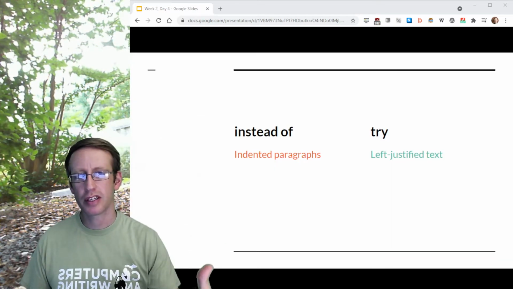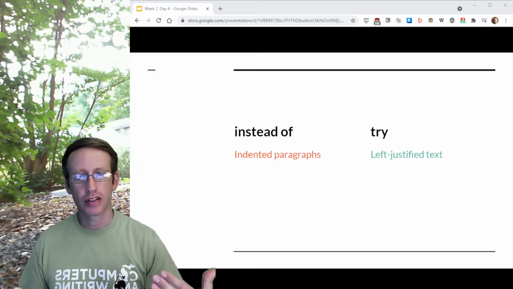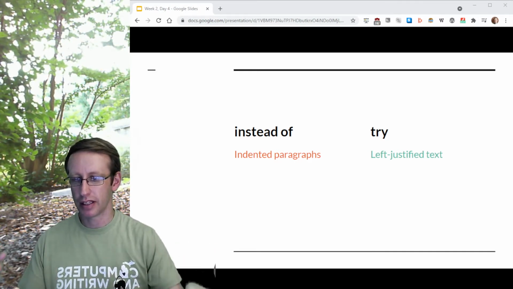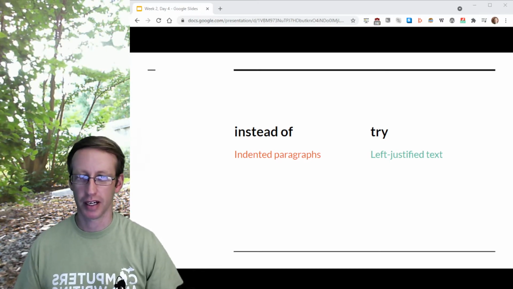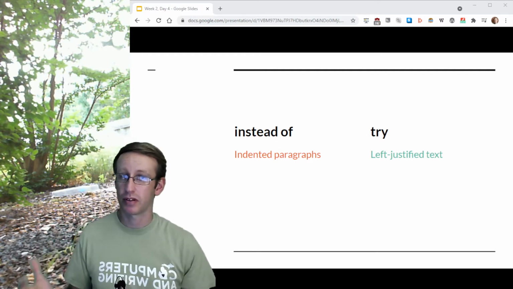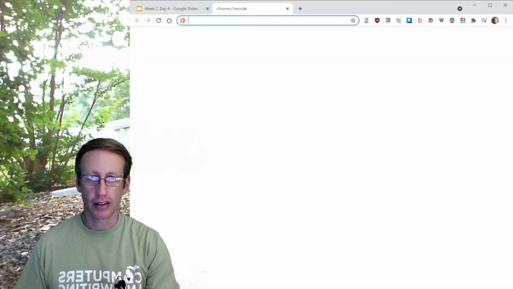So one thing to do is think about this as a document for the web, right? So you're trying to write this in a way that can be skimmed and not like a deep, engaged prose document. So one thing that we like to do on the web is we don't indent paragraphs. So let's just try a few things, right?